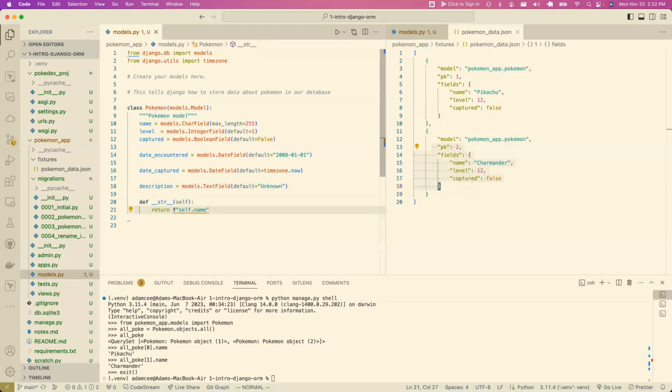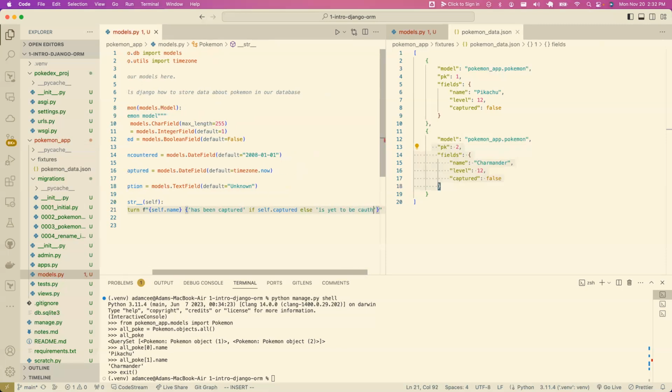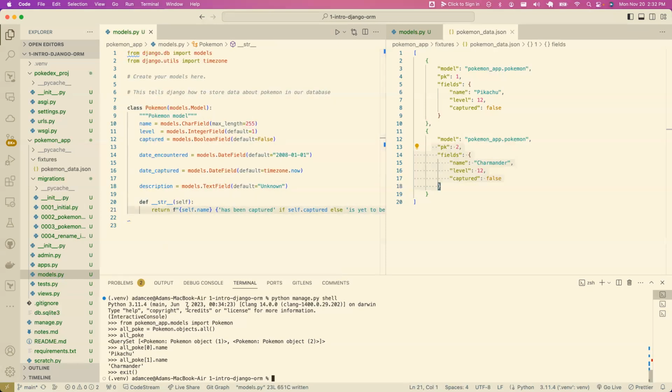So let's do an F string that prints out the name of me, who I am as a Pokemon, and if I've been captured or not. Right, and if I wanted to, I could even break that into a separate message or something, but this is actually pretty nice. And now if I go into the Django shell